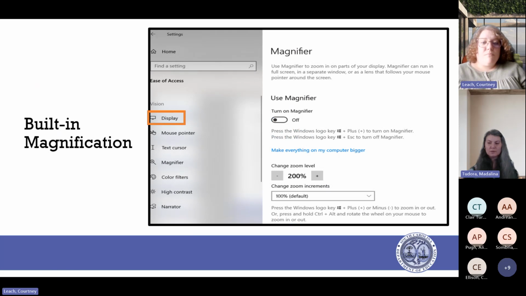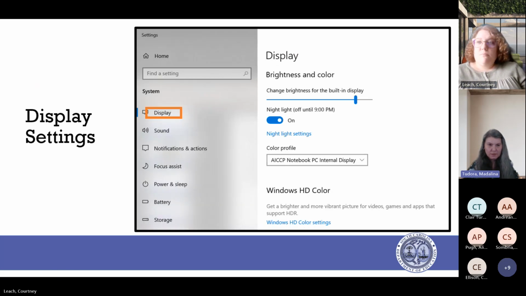And before you move on to that one, can you go back up for a second? I want to point out the nightlight option. You can turn that on and you can schedule that to come on and off on your schedule or the child's schedule.